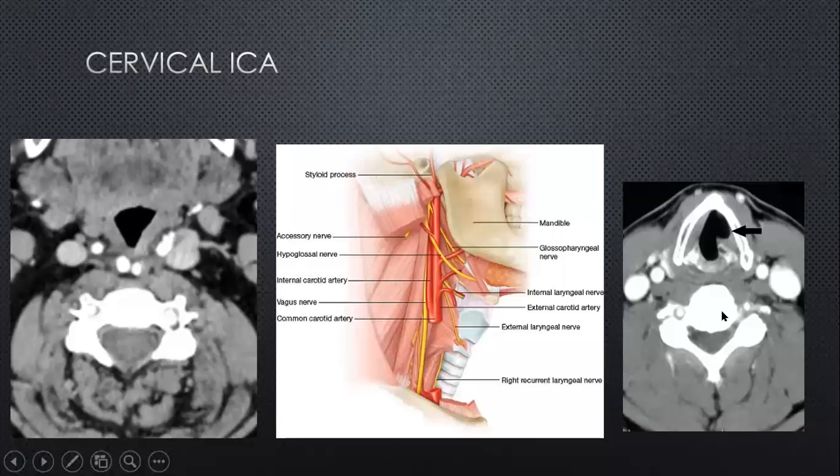So looking at the cervical internal carotid artery, we know that these are located within the carotid sheath, with the artery medial and the vein lateral, and they just lie lateral to the thyroid lamina and deep to the sternocleidomastoid. This is very relevant for surgeons who practice endarterectomy. And it's important to realize that this sheath, apart from containing the arteries, also contains very important neural structures, like the glossopharyngeal nerve, the accessory nerve, but also the branches of the vagus nerve, which we have seen in the past, are very closely related to